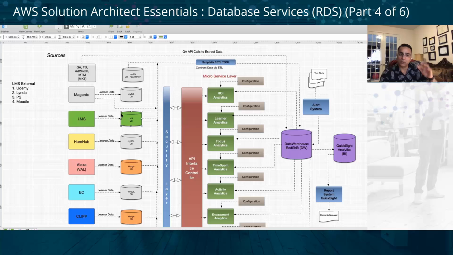MySQL, MS SQL, whatever data, or some API calls from Google Analytics, Facebook, and whatnot. But then it all gets augmented in one data source, and that is your Redshift database. And then from there, we parse the data out to get the right reports. Okay, hope that makes sense from that architecture perspective, and then the data warehouse, how to use it, and the application of that, and the quick